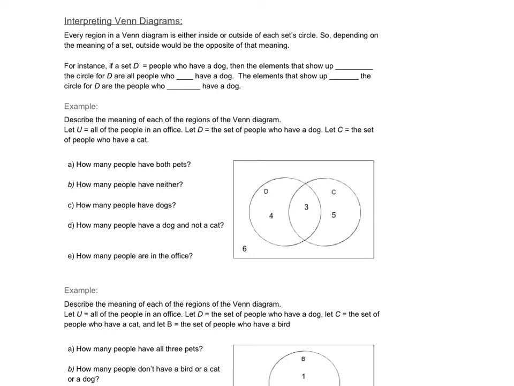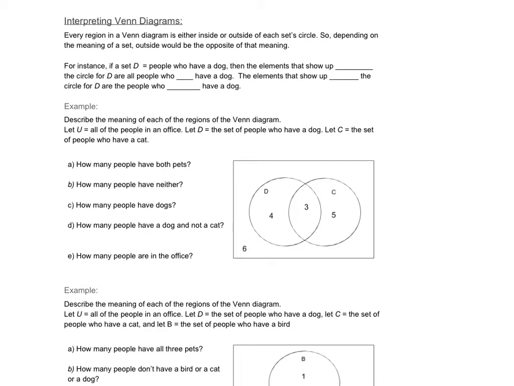A big focus in our class is on interpreting Venn diagrams. Every region in a Venn diagram is either inside or outside of each individual set's circle. So depending on the meaning of the set, it's important to remember that outside is the opposite of that meaning. So for example, if the set D, pictured below, is the set of people who have a dog, then the